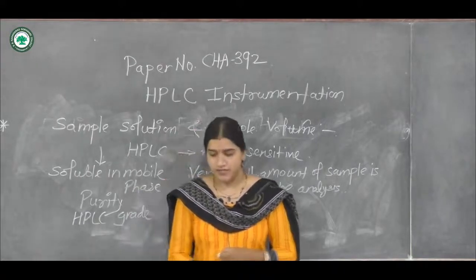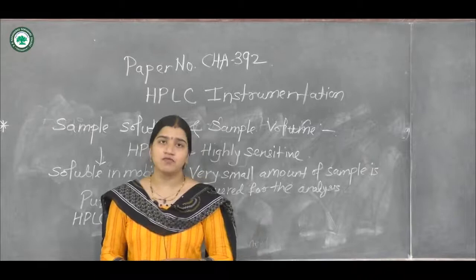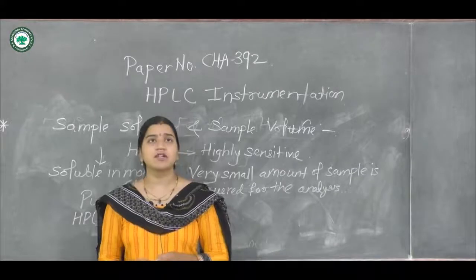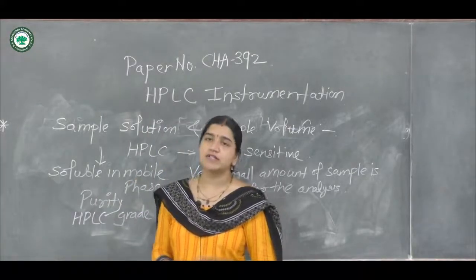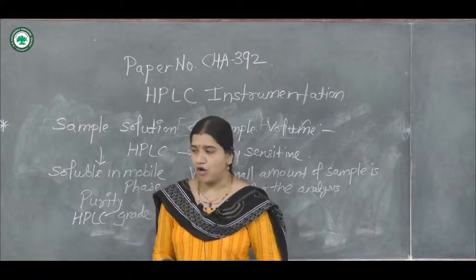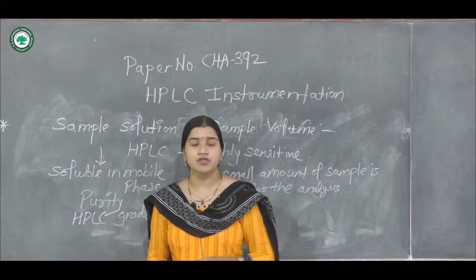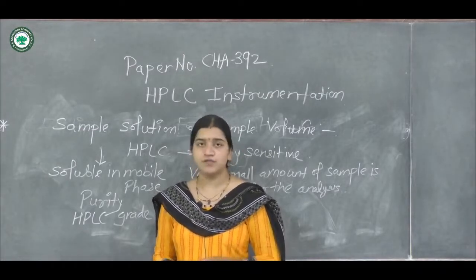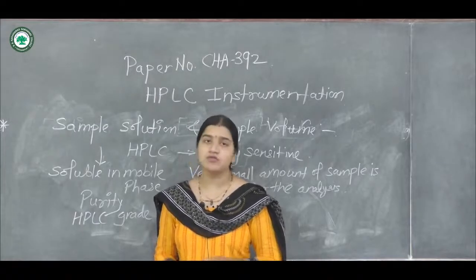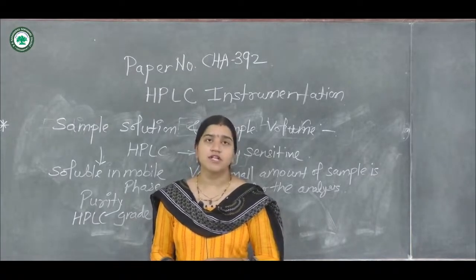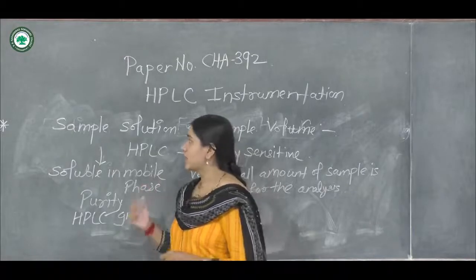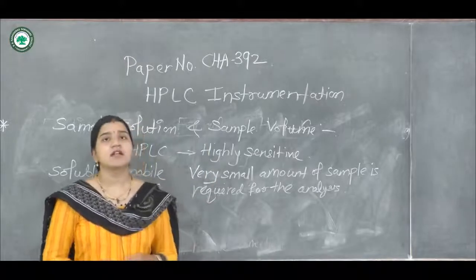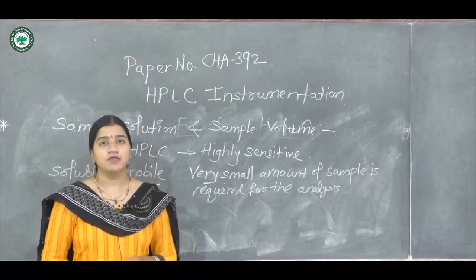Now, we have already discussed the different solvent properties that we have to consider while using HPLC. The different solvent properties that we have to consider are viscosity, the refractive index, the strength of a solution, or the UV absorbance property. So all these are the different properties of solvent that we have to consider while going for the HPLC analysis. After studying the sample solution, the next point that we are going to discuss is related to the shelf life of the solvent.